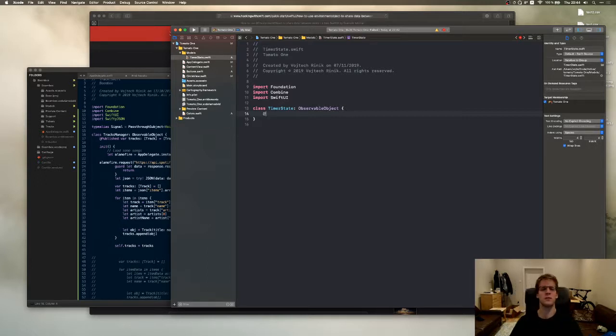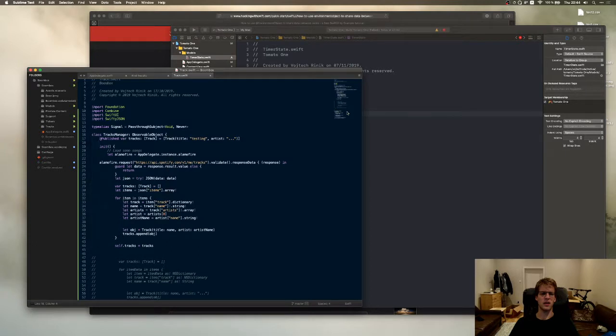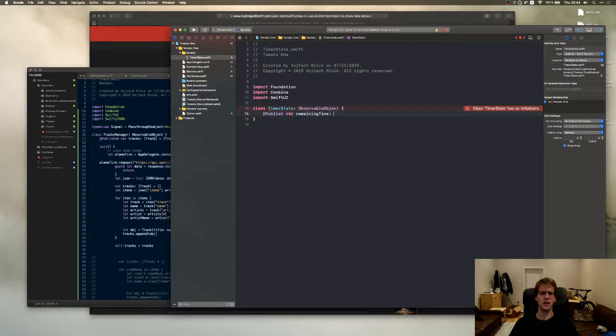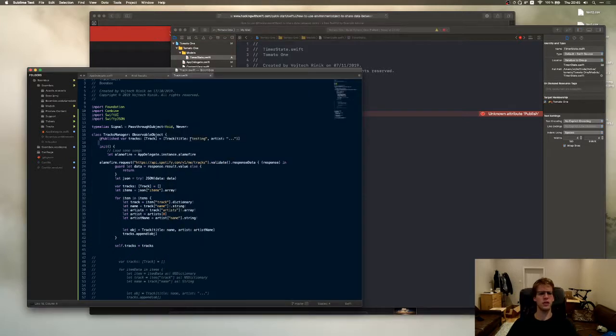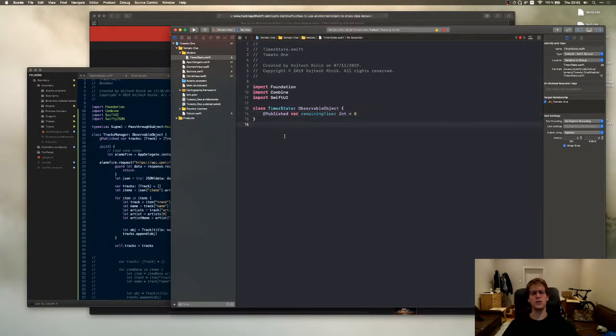One option would be, okay, so you do like published var. One thing you could do is like track remaining time, like that. And that would be maybe like an integer, which would be the number of seconds. That's definitely one way to do it. What's wrong with published? Oh, it's published. So that's one way to do it, and I'm probably gonna change this a million times before I agree with myself on a solution. But if we do it like this, then we have to have a timer, and that timer would have to update this variable each time, and I don't like that very much,